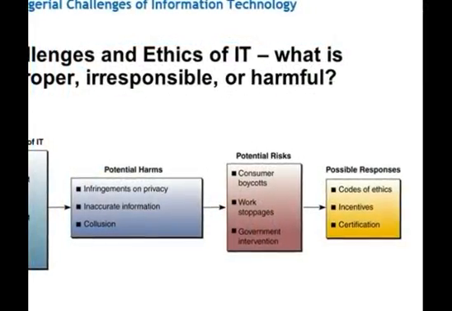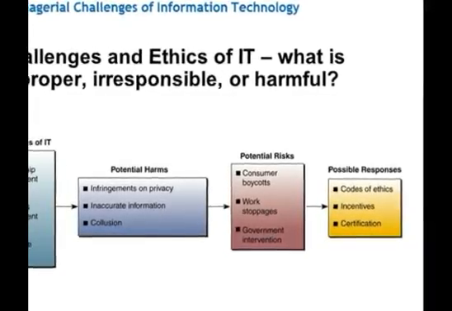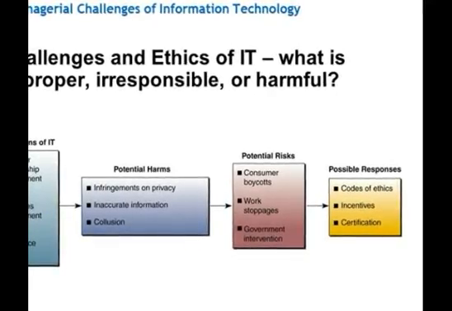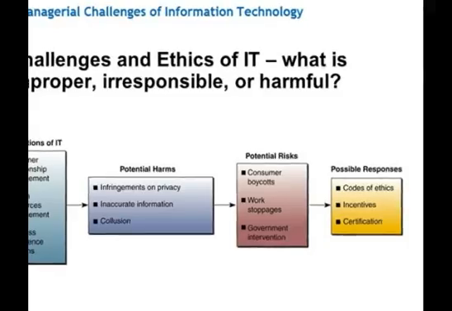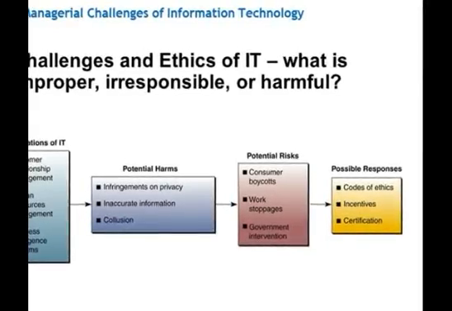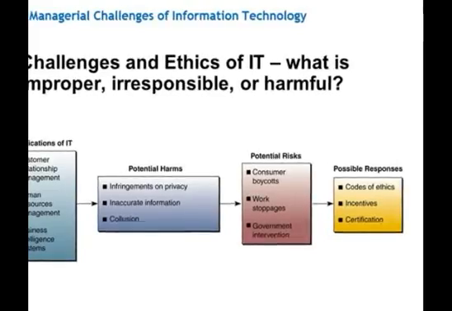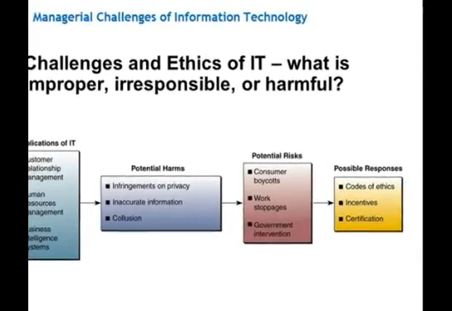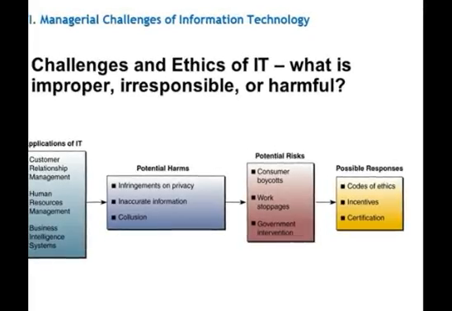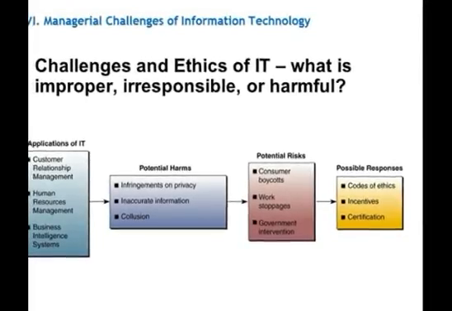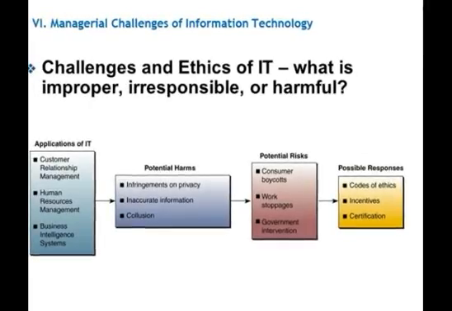There are also challenges and ethics of information technology. Sometimes, as with anything, information technology can be used for good, and it can also be used for bad. One of the fastest and most prevalent uses of the internet today is video. Almost 80% of the video content that flows through the internet today is pornography. One could argue that is a detrimental impact to society. We're not really sure how detrimental it is, but psychologists are telling us that it's worse than what we might have originally thought. That means that only 20% of the utilization of the internet itself is being used for something beneficial. Well, I'm not sure that those statistics hold everything true,